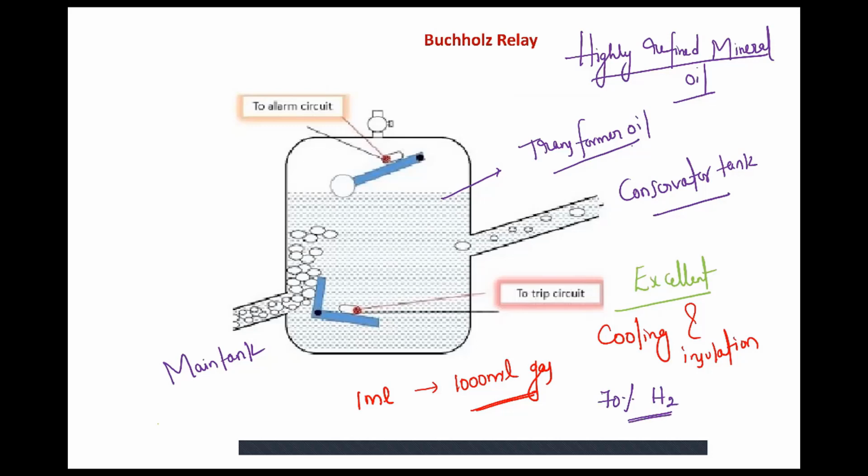Okay, so whenever a short circuit happens, you can observe the gas bubbles flowing from the transformer to the Buchholz relay. This gas will occupy the space on top of the Buchholz relay. This white portion is occupied by gas, and at the bottom you can see the transformer oil. Once the gas level comes up to this level, this plunger, this bob, will tilt the limit switch and it will give the alarm.